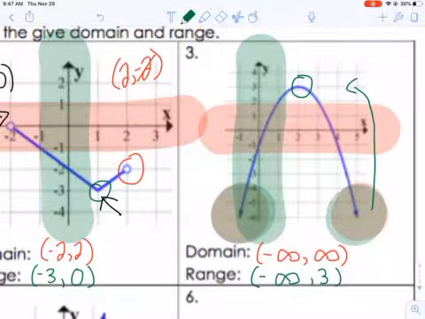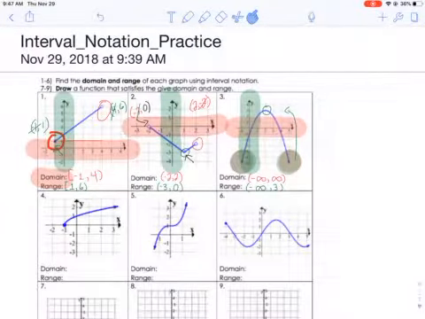I wanted to go over those examples because I noticed there were some questions. So I wanted to